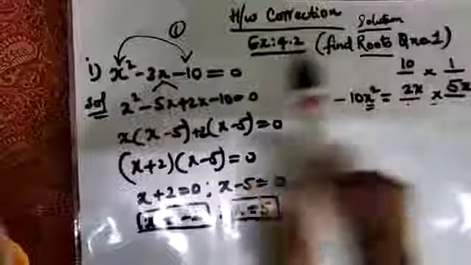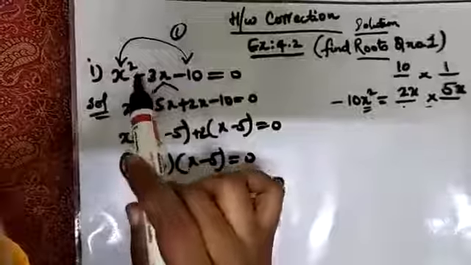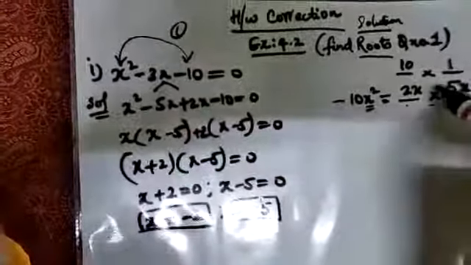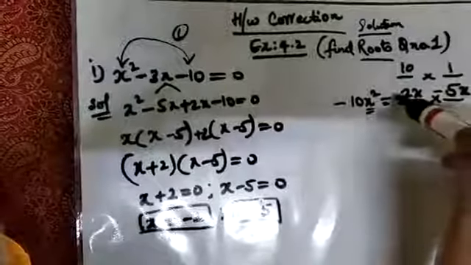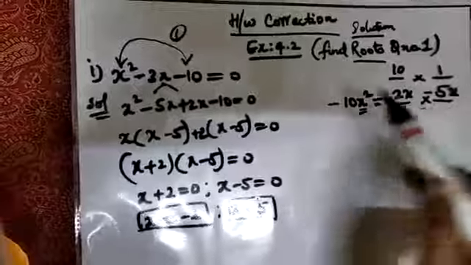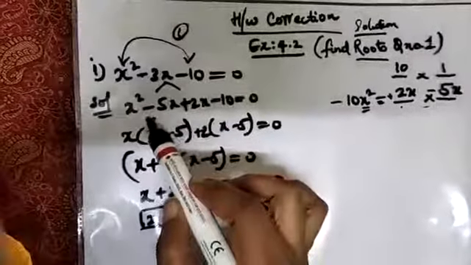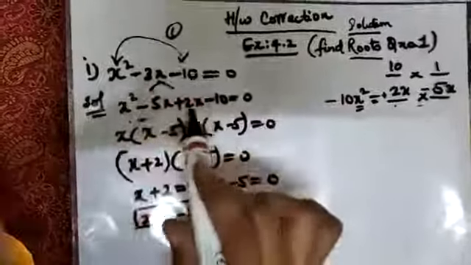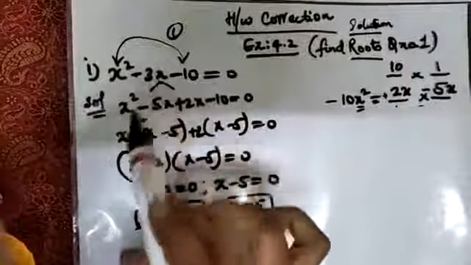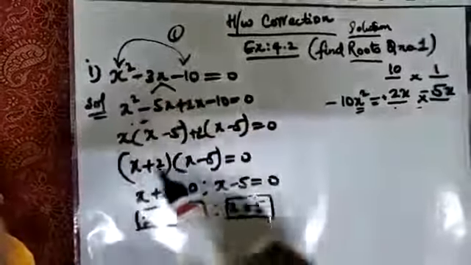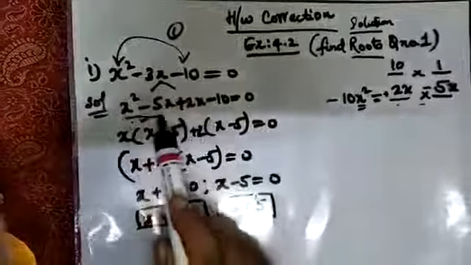The basic rule here is what is required in your question. You need minus 3. So you need minus, so give it to the bigger number. And it is obviously understood that the smaller number will be plus. So here I am ready with the two things. Directly I will go once I get this. Here you can see I have written x square minus 5x plus 2x. So on addition and subtraction it will give the middle term. On multiplication it will give me the product of extremes. Okay. So based on that I have taken it as a pair.